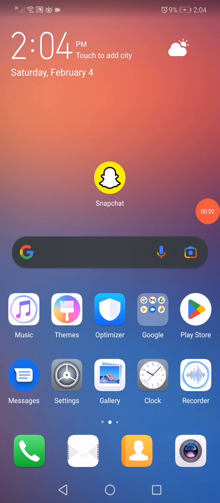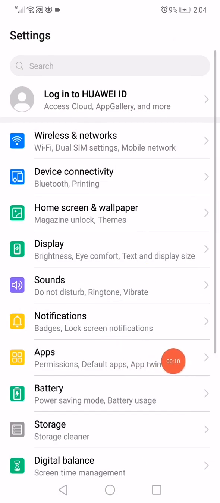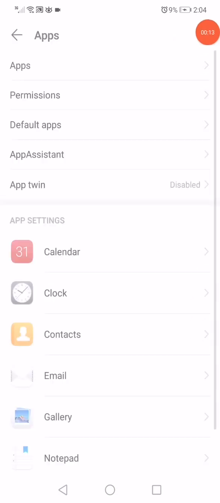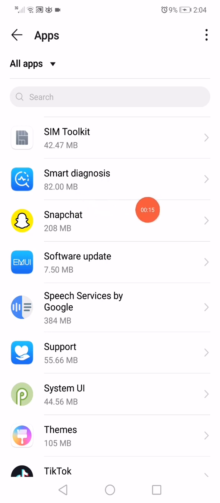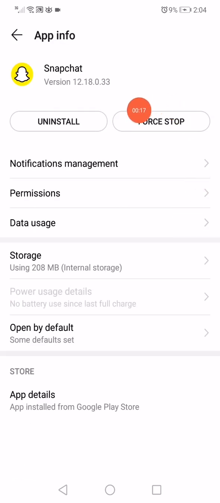Hi guys, so in this video I'm gonna show you how to fix Snapchat video call. So the first thing you wanna do is go to the settings and then go to the apps manager. When you open the apps, go to Snapchat and then click on force stop